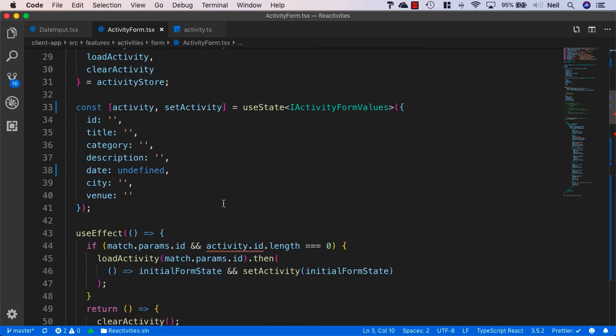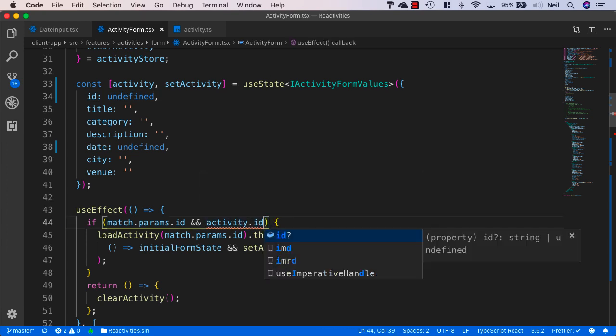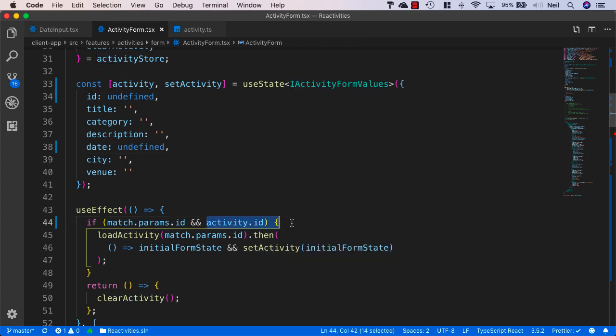So back in the form itself, where we've now specified that our ID can be undefined inside our activity form values, let's actually make it undefined, because we won't have an ID for when we're initially creating an activity. And instead of specifying activity ID.length, we can just remove the .length and just check to see if activity ID